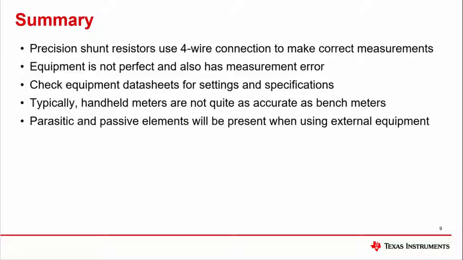In summary, when using external equipment to test or debug a circuit, it is important to take into account the errors introduced by the equipment. Care should be taken to use the equipment in the correct settings as to minimize error. For shunt resistors, 4-wire connections should be used. When using testing and measurement equipment, proper ranges should be used. The tolerances of the equipment to set voltages and currents can be worse than the device used. This can make it difficult to debug the device under test. If accuracy is important, using precision shunt resistors, high accuracy bench supplies, and DMMs can reduce the error introduced.